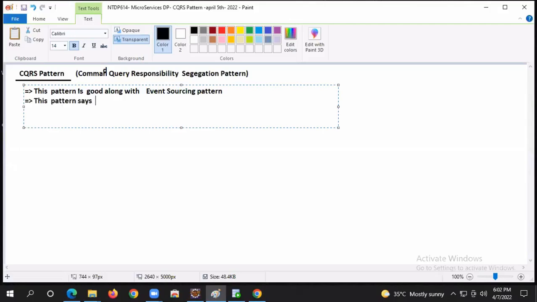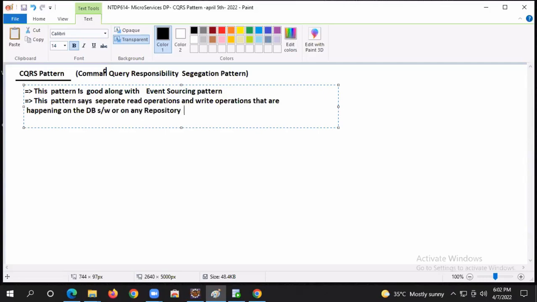This pattern says, separate read operations and write operations that are happening on the database software. Are you understanding my statement, guys? Separate read operation and write operation that are happening on database software or on any repository